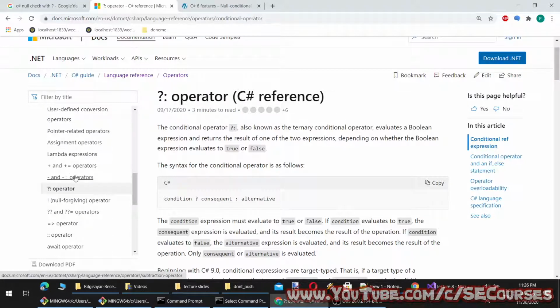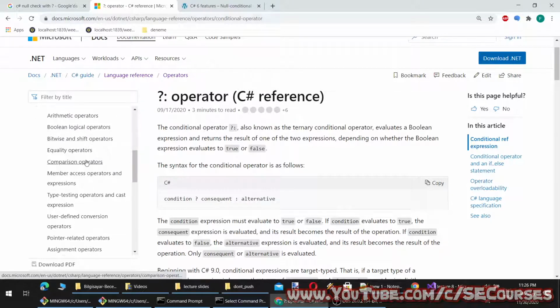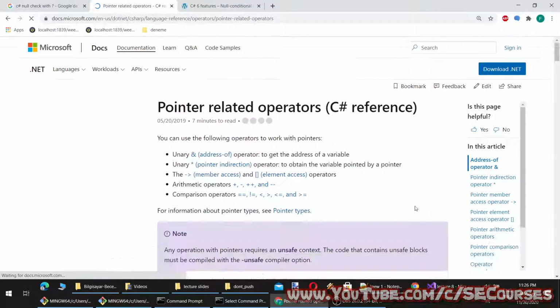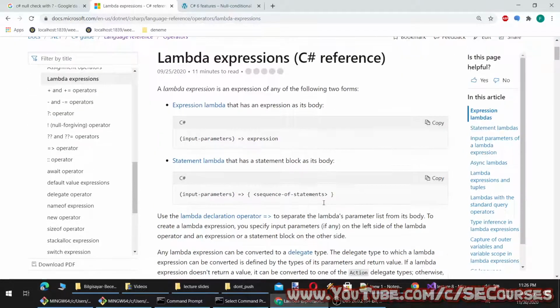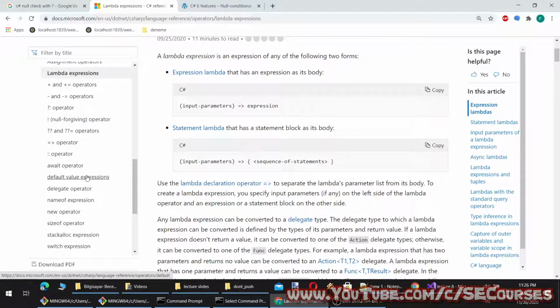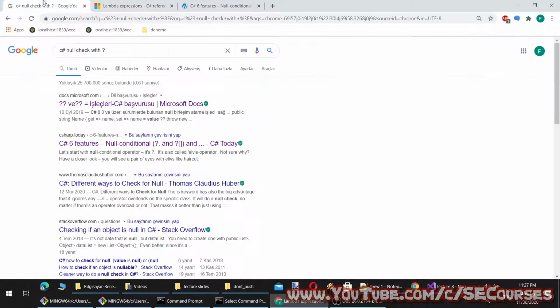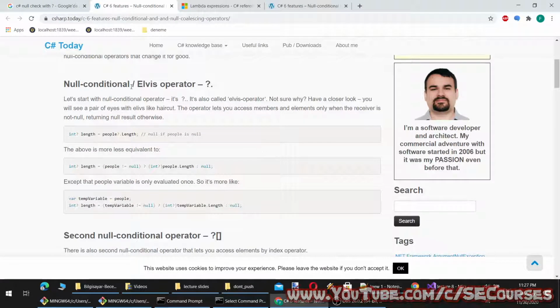This is not what we want. Maybe this is pointer related. Oh, no. It is called the null conditional operator. Okay.